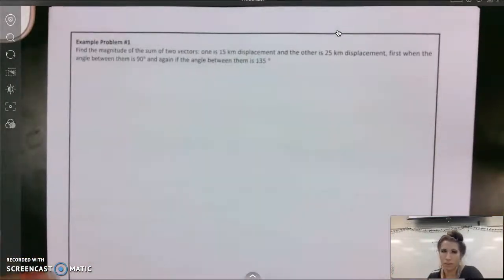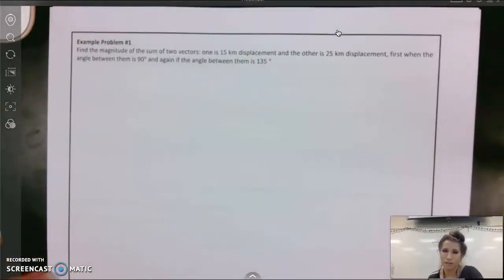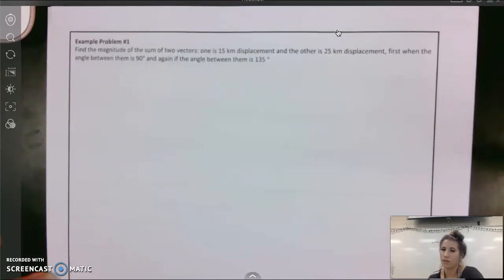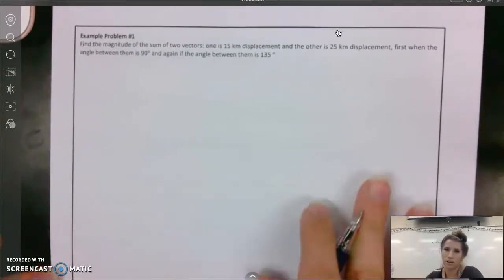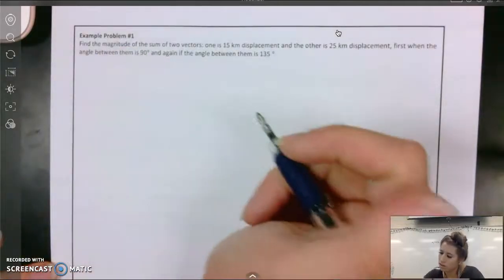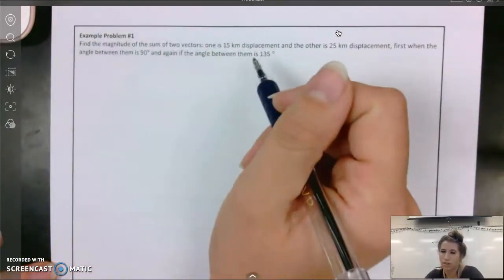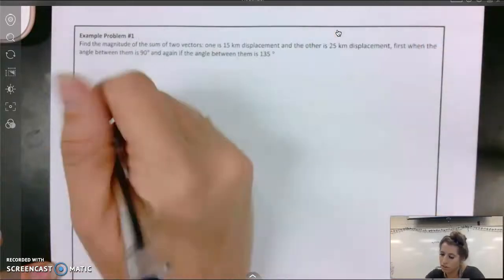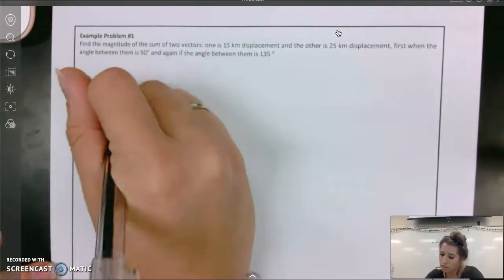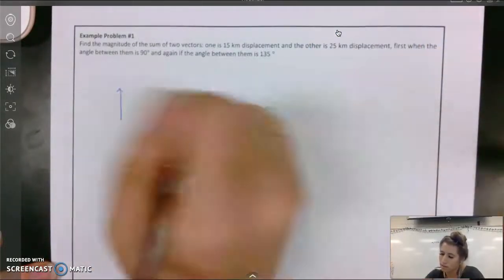Okay, number 1. Find the magnitude of the sum of two vectors. One is 15 kilometers displacement and the other is 25 kilometer displacement. First, when the angle between them is 90 degrees, and then again when it's 135 degrees. Okay, let's start with the 90 degrees. So we have 15, and it doesn't specify which direction they're in, so we can make that call. We can choose that. So I'm going to say there's the direction of my 15